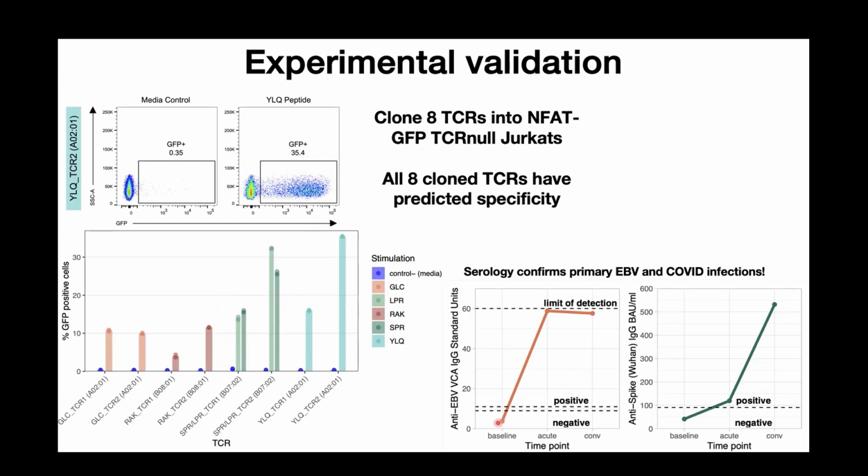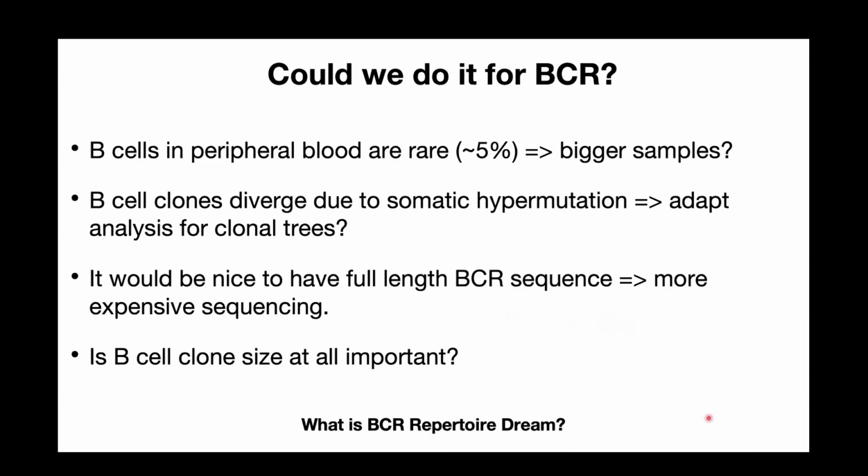And we see that indeed at baseline, it's seronegative for EBV. At acute and convalescent, you have a lot of anti-EBV IgG, and same for SARS, but for COVID, we get a PCR test. So this was somewhat expected. And